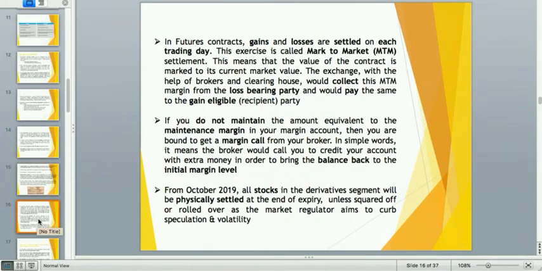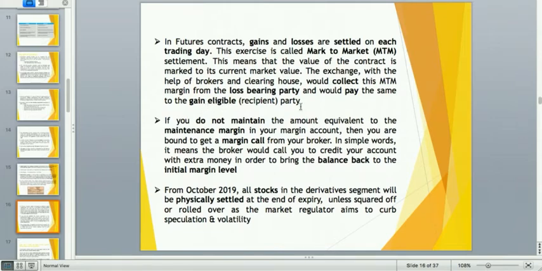Let's have a look at the next slide. We are just reiterating the points here. We are saying that gains and losses are settled on each trading day. This exercise is called mark to market settlement, right? When the value of the contract is marked to its current market value, it's called mark to market. Daily settlement happens. The exchange, with the help of brokers and clearinghouse, would collect this mark to market margin from the loss bearing party and transfer it to the gain making party,